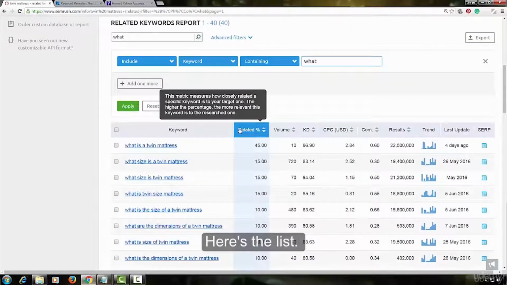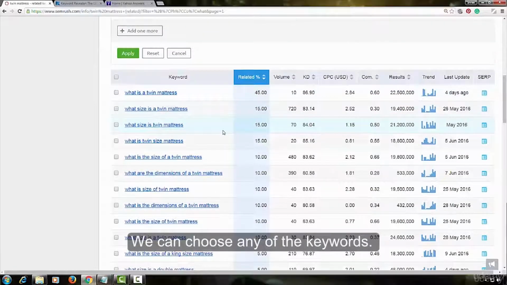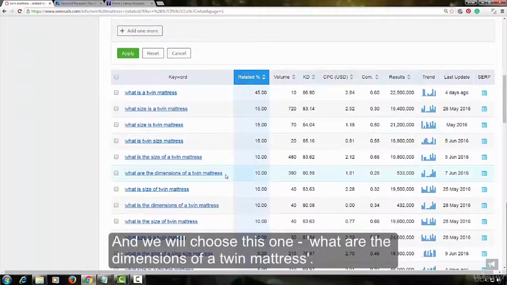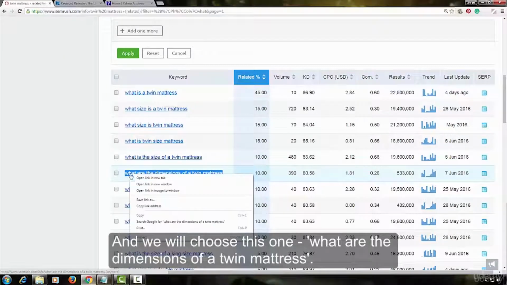Here's the list. We can choose any of the keywords and we will choose this one. What are the dimensions of a twin mattress?